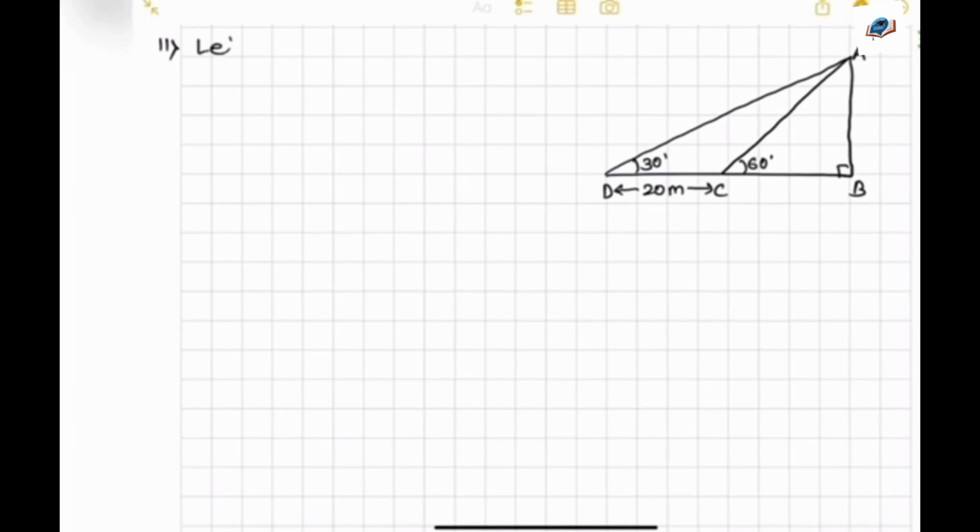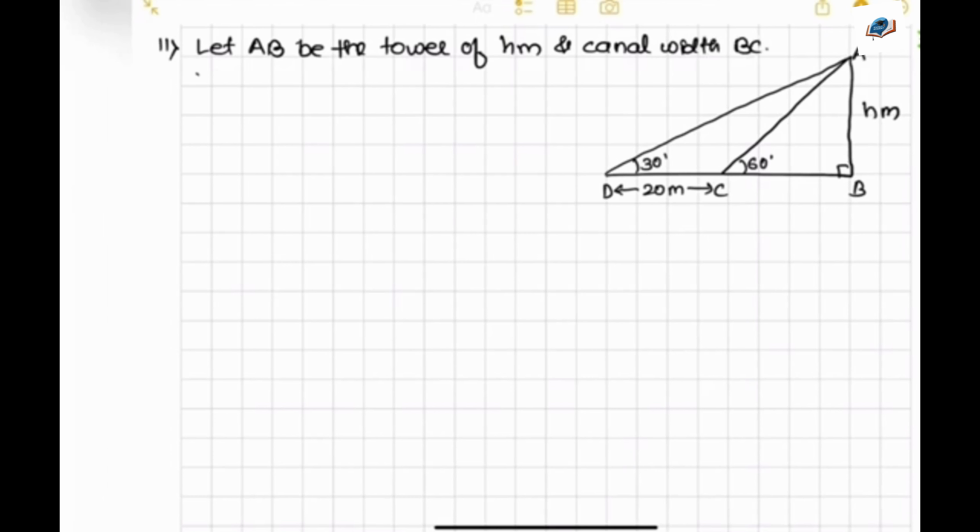Okay. So now here, let AB be the tower of h meter high. So this is h meter, and canal width is BC. In right triangle ABD,